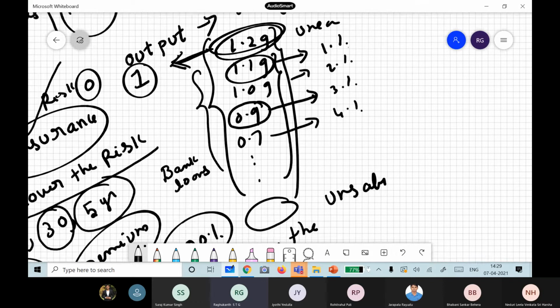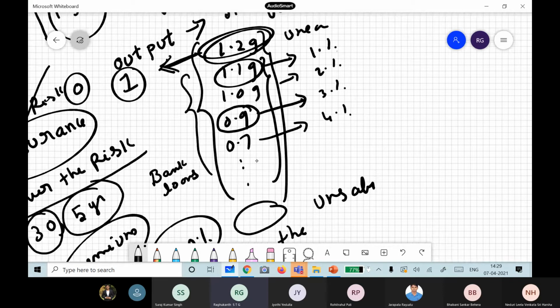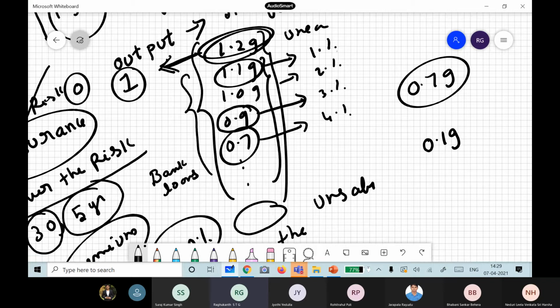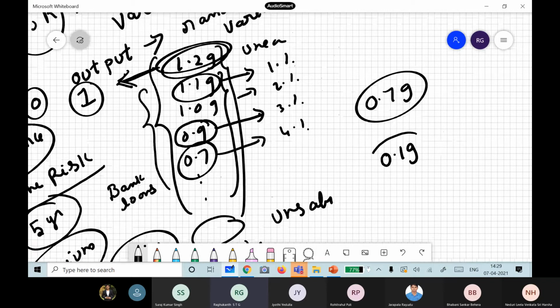For example, say one person designs in Chennai for 0.7 times G, that is his input PGA. One more person designs for 0.1 G in Chennai at the same place, in the building next to it. Now both these people go to the insurance company and insure their buildings for 1 crore. What will the insurance company do? Whose premium will be high? 0.1 G.